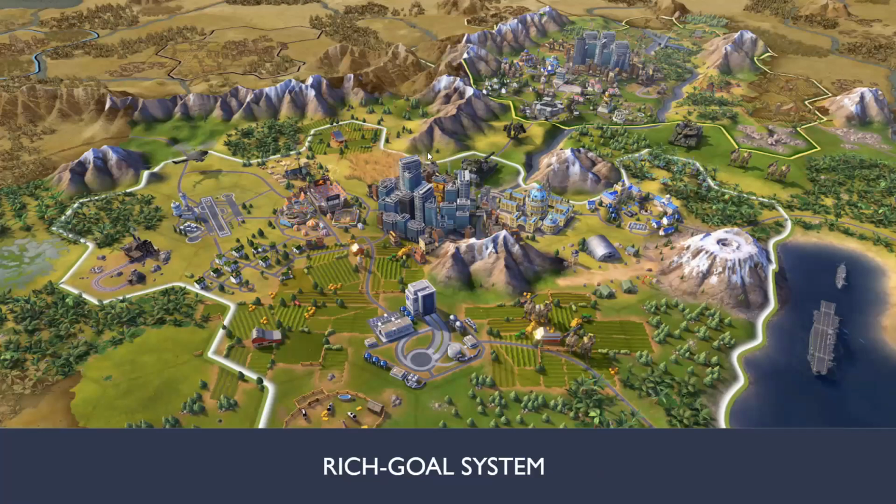And then comes the rich goals system. The screenshot is taken from a game called Civilization. In Civilization, there is no building that you do. You just place props in a limited space, and you have to satisfy a set of fixed goals, which you have to do no matter what. Many people are invested more in the goal part of this game rather than the creative building part of this game.